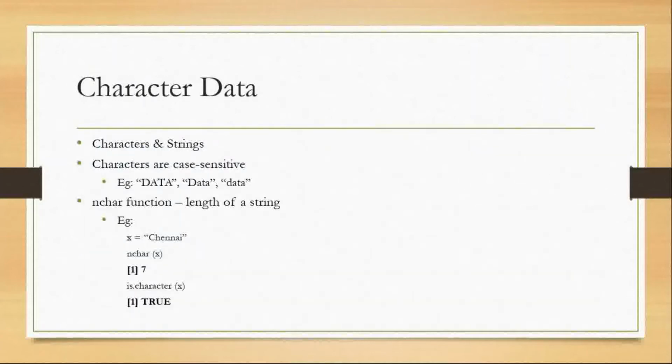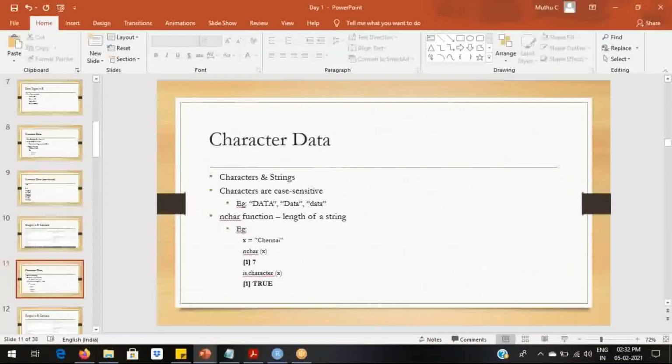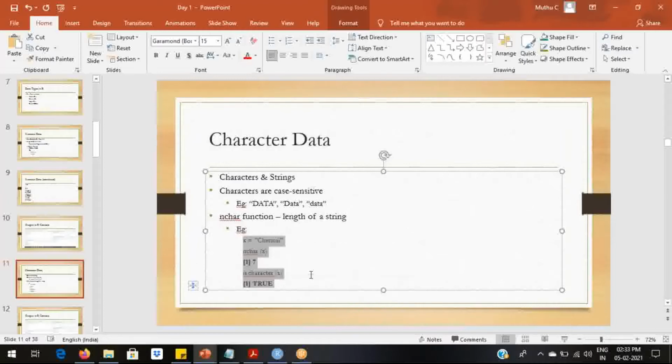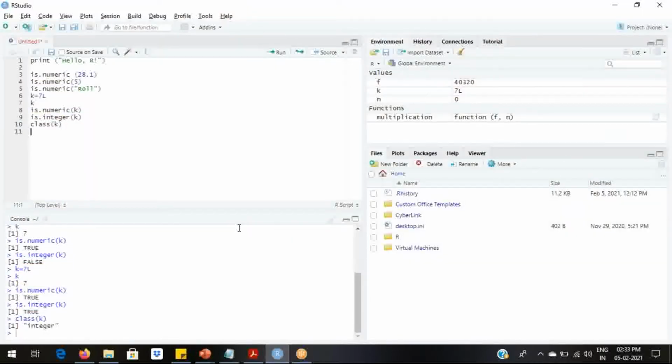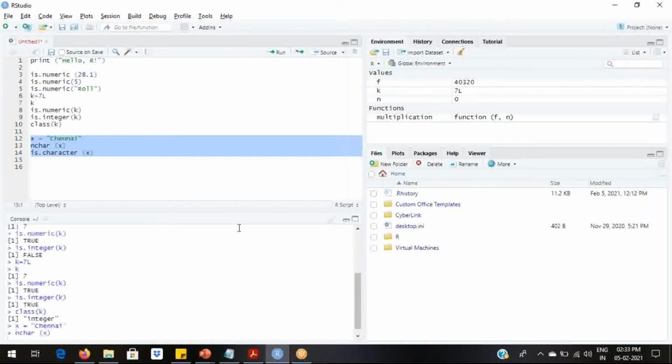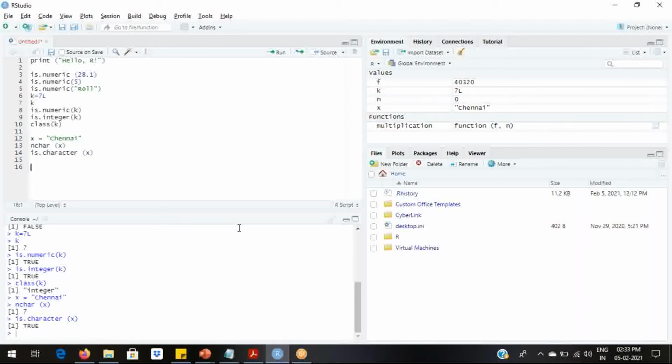Now we can try executing these in RStudio. So you can see the same output that you saw in the PPT.